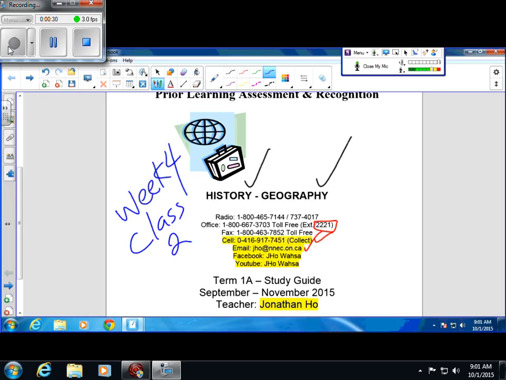Like I mentioned last class, my goal is to finish the history portion for this course this week and today. I think we'll get there, which means that next week we'll be starting the geography section. For those students who don't need history, we'll be starting the history credit next week. But for those who need both sections, we'll just continue along.